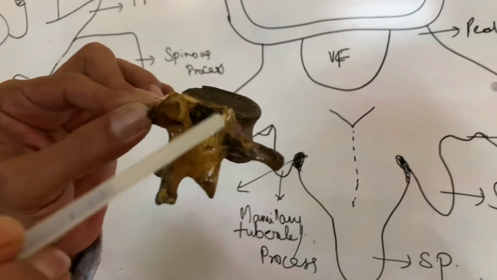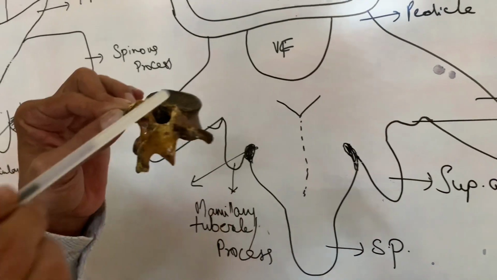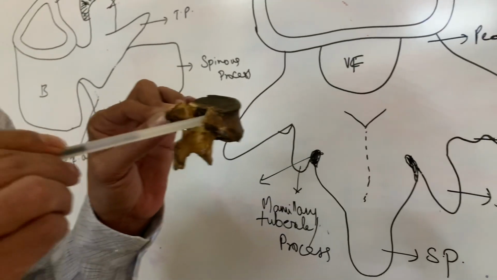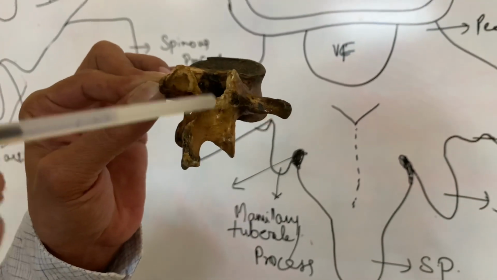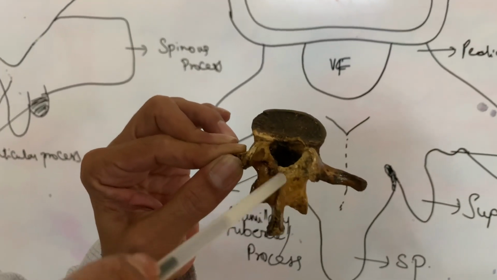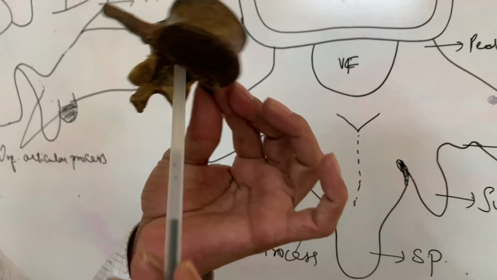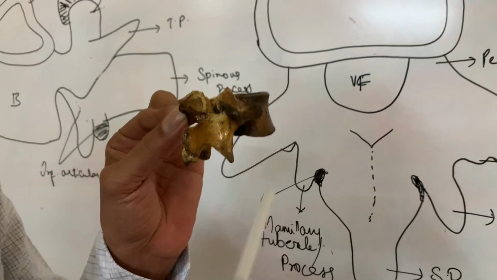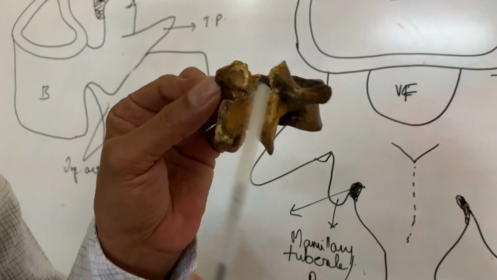Along the posterior border of the superior articular facet, there is a thickening, which I have already mentioned, called the mammillary process, a special feature of the lumbar vertebra. Now coming to the lamina, which is directed posteriorly and medially, the laminae of both sides join to form the spinous process. To the lower half of the anterior surface of the lamina, the ligamentum flavum is attached, and along the posterior aspect of the lamina, the muscles of the back are attached.